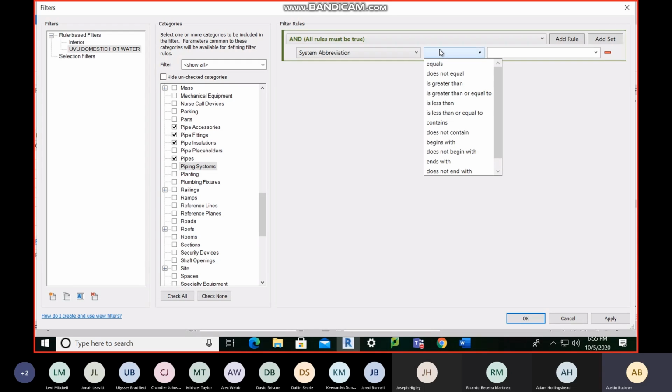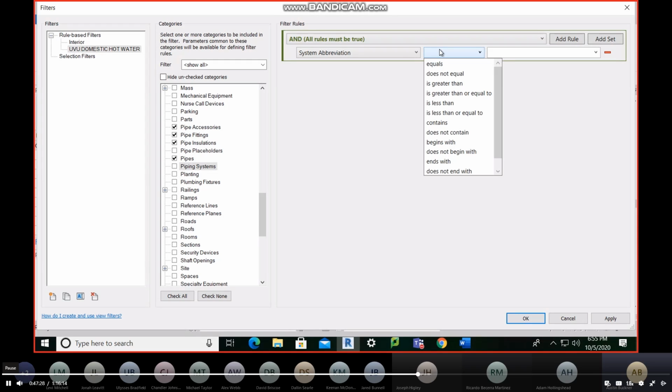The next box is saying, okay, within system abbreviation, how do you want me to find it? Do you want it to be equal? So whatever is in system abbreviation, it has to be exact word for word with this for me to find it. I mean, or it could be end with the letter